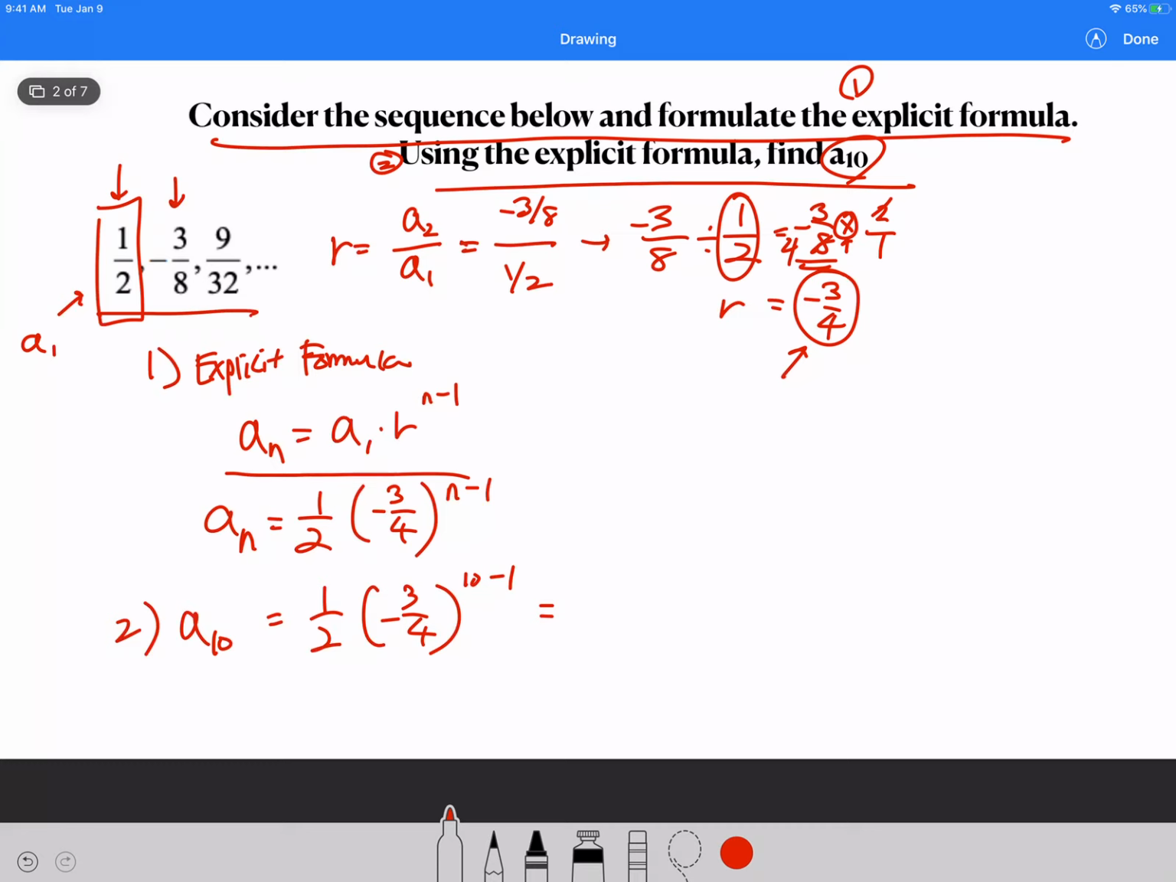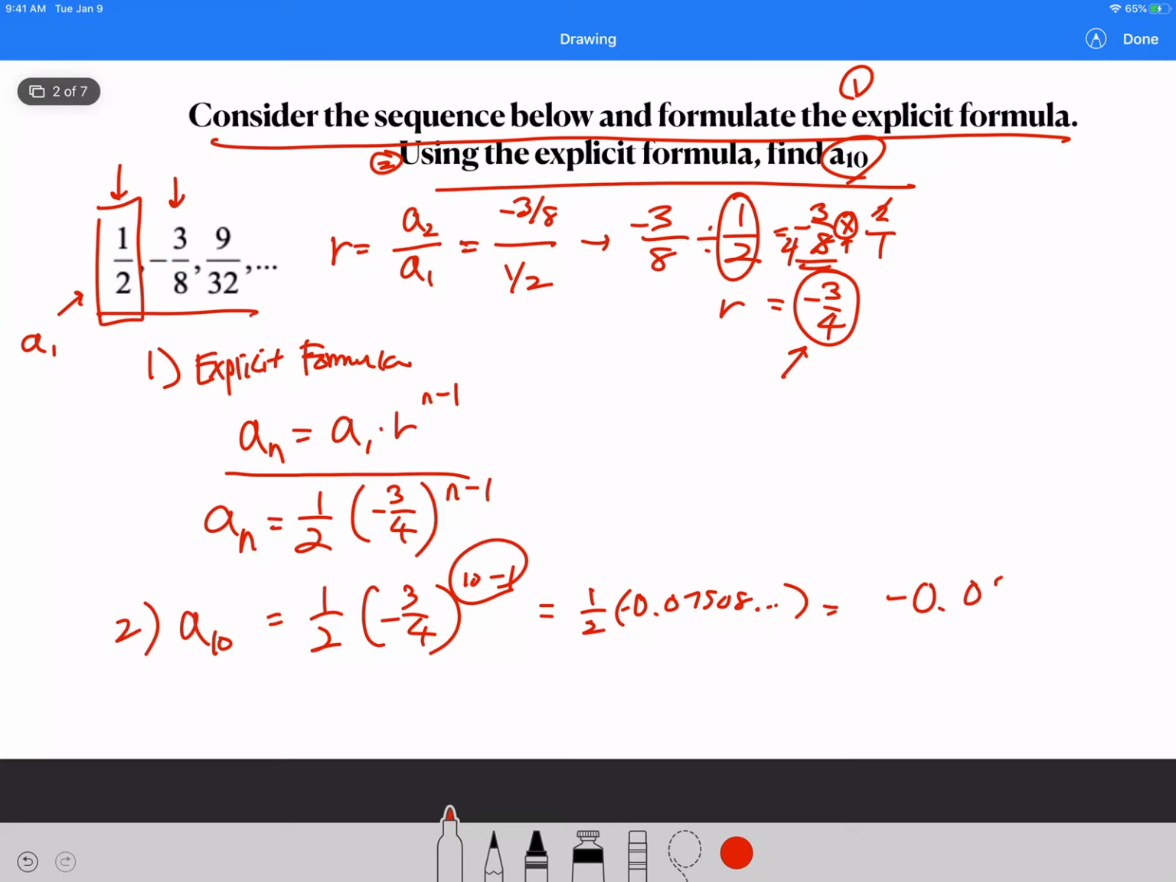So, once I type in negative 3 over 4, raised to the power of 9, because 10 minus 1 is 9, that will be negative 0.07508 and so on. So 1/2 times negative 0.07508 and so on. I'll just divide that by 2 or multiply by 1/2,